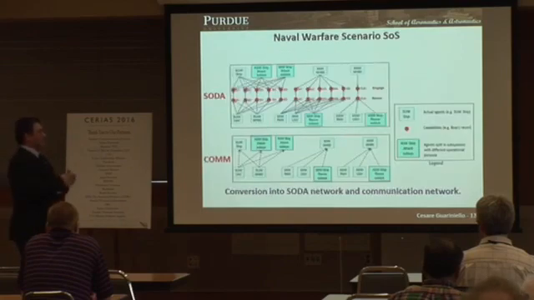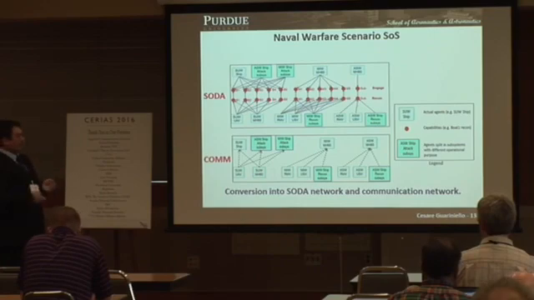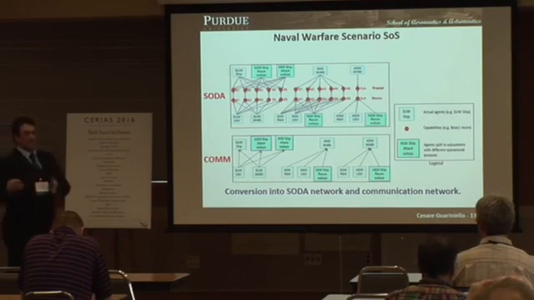First step, after defining what these links meant, and again, they were just, for the radar, the probability of detecting the enemy when it's within the range, and for the weapon system, the probability of engaging the enemy when it's within the range, I converted to this SODA network topology. So now I'm interested in systems and subsystems, where one of the ships had a double task, part recon, part attack. And then I added these nodes that just represent our capabilities that we're interested to quantify. That is, recon the enemy boats, mines, and submarines, and engage the enemy mines, boats, and submarines.